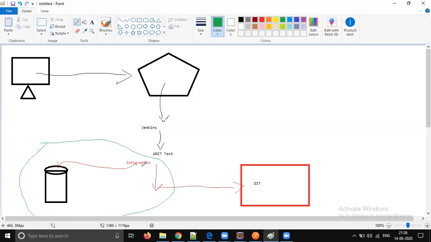But there are a couple of challenges. We should have a dedicated database where the accounts are purely dedicated for integration testing, and we should also write some code. It is not automated by itself. We should also write some integration test case code. So when it is integration testing, we send some JSON request and you expect some JSON response back.